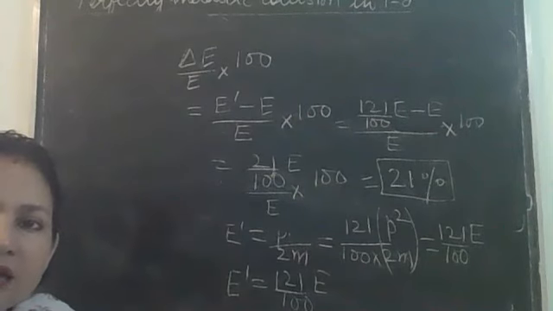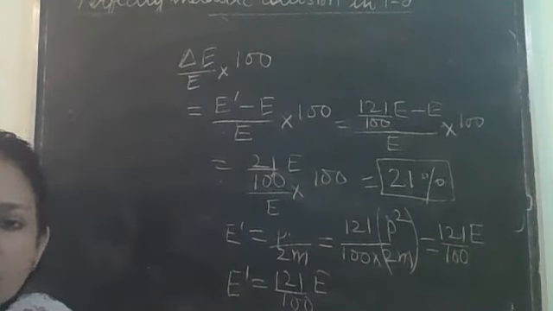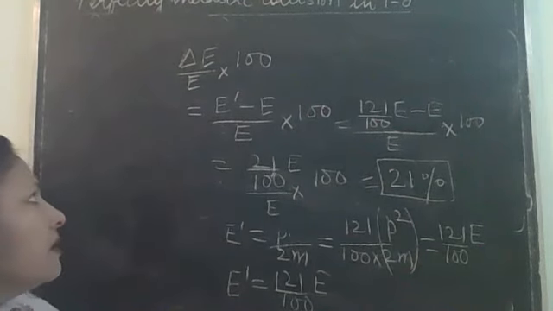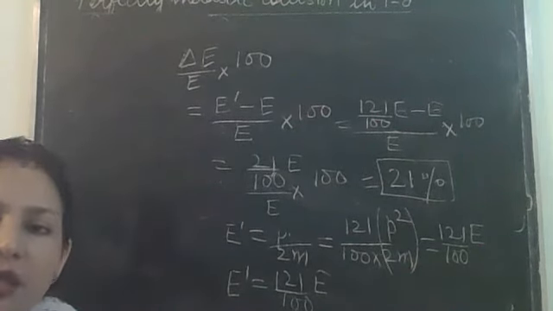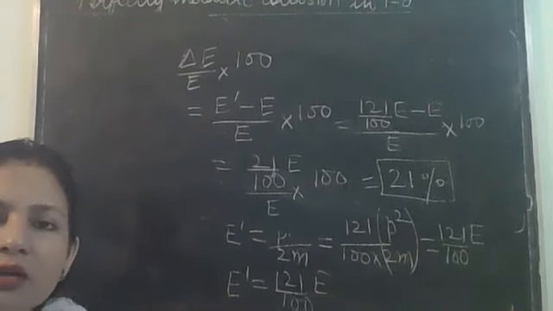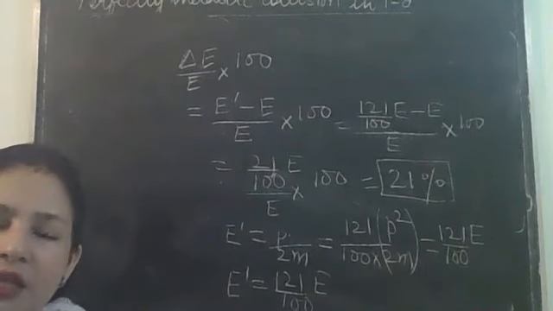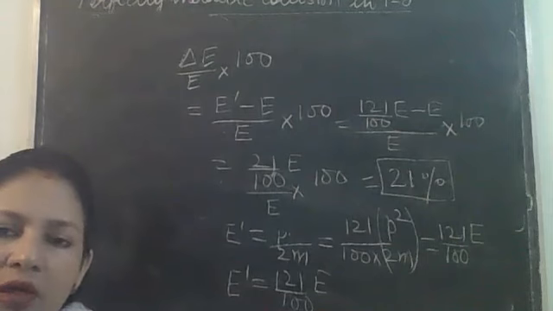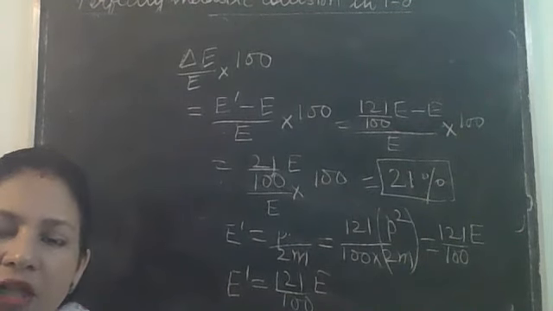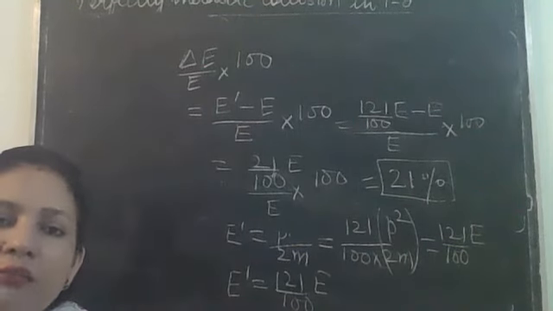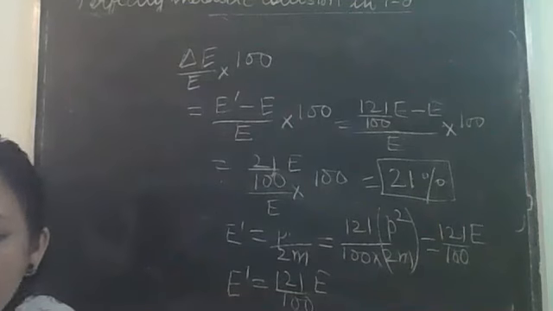Okay, so I'll ask the answer from you tomorrow. Tomorrow you will be telling me the answer. So here which formula will you be using? P is equal to under root 2mE. That is again the same relation, same formula. E is given to you, E dash you will find. Then using P equals under root 2mE, you will find P dash, and in the same way you will find delta P by P into 100. That will give you the percentage change in momentum. Okay, fine.